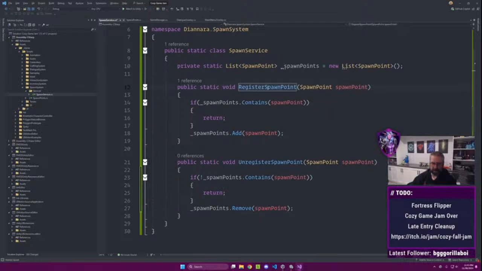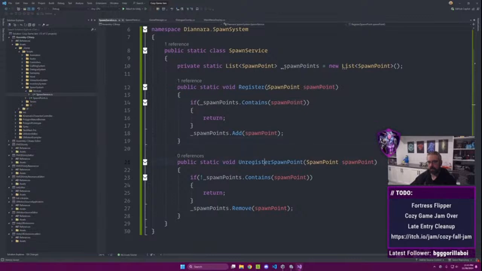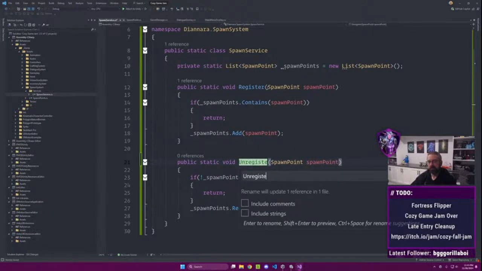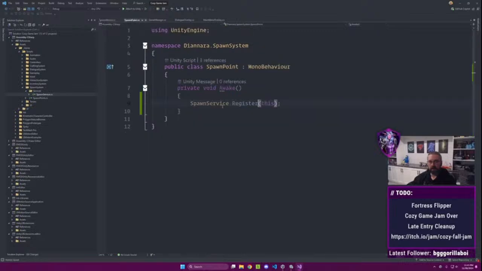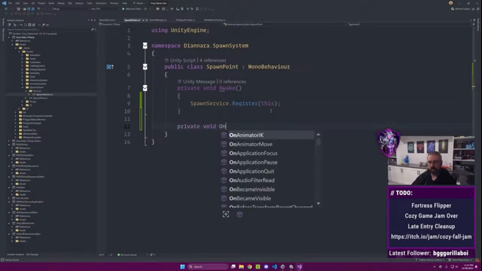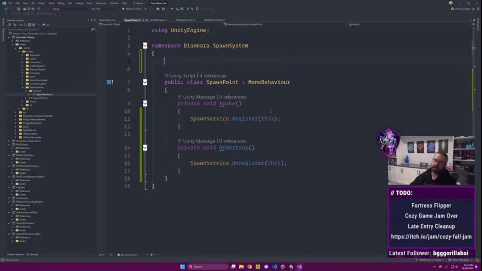Actually, I don't think we need to be fancy here. We can just say register and unregister because we know we're talking to the spawn service already. And then always good to unregister, so private void on destroy. Okay. Let's create a public